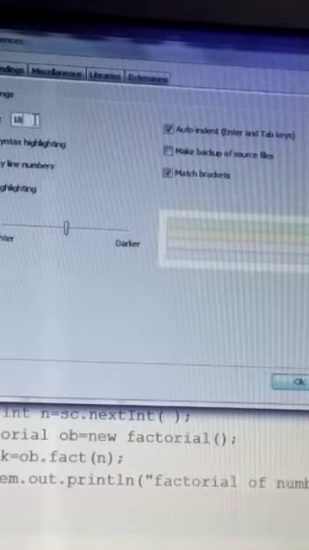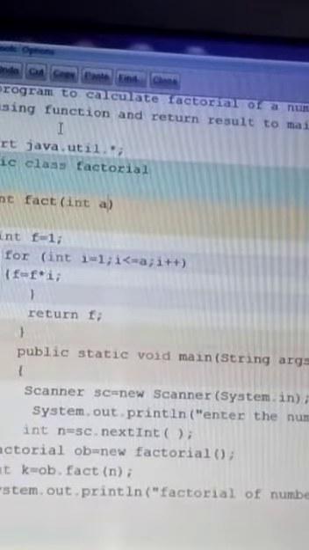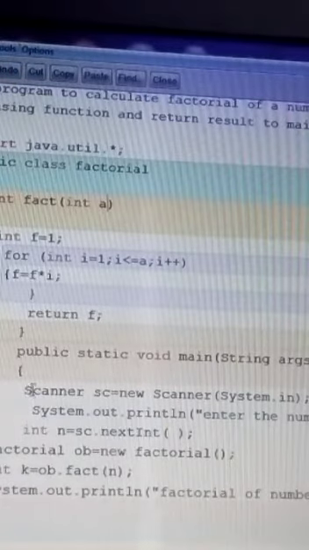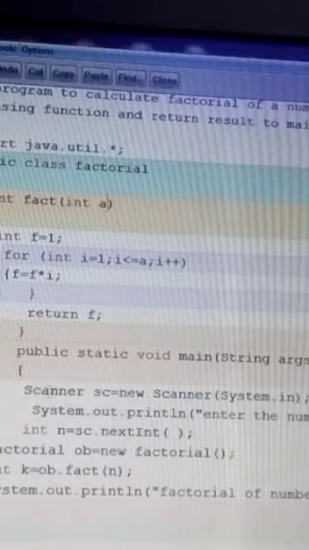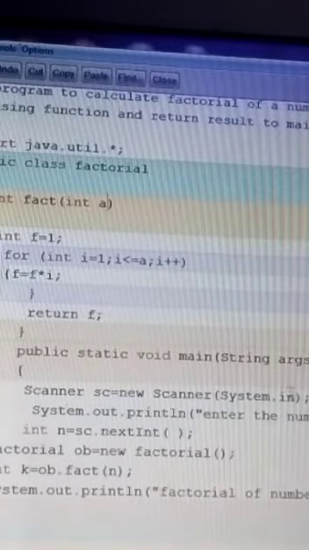Hope it is visible to you. Remember that for the scanner statement, S should be in capital letters. Scanner S should be in capital letters, then this is the object sc, and then again System S is in capital letter. So we have taken the scanner statement.